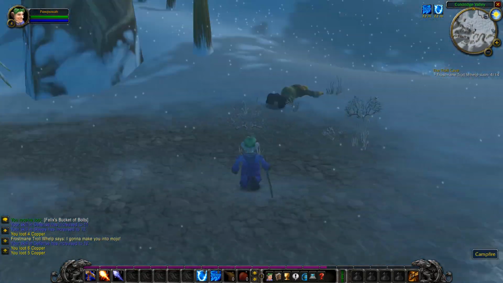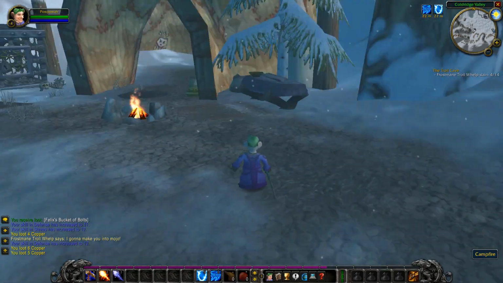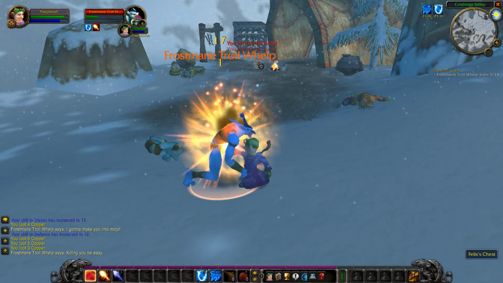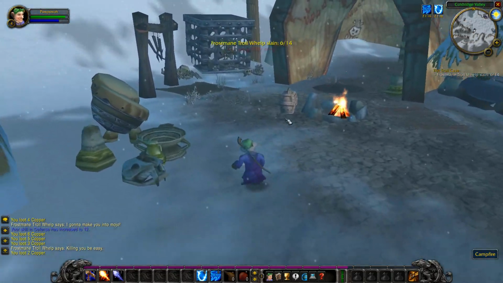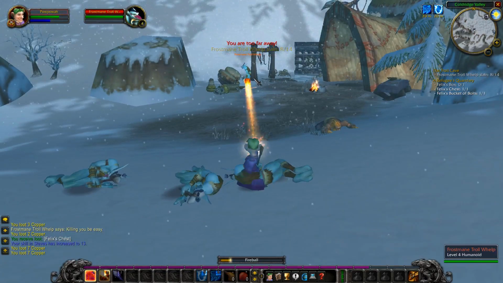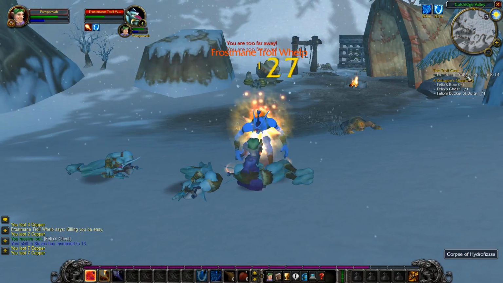And you will find the next part that Felix is looking for. It was already looted. Let's just wait for it to respawn. So it just spawned next to the campfire. Here is Felix's chest. That's what we need. It's right next to the campfire. Click on it and pick it up. Don't forget to keep killing trolls that might respawn meanwhile, because we still need to kill 14 of them for